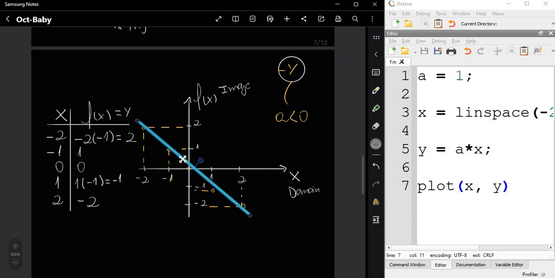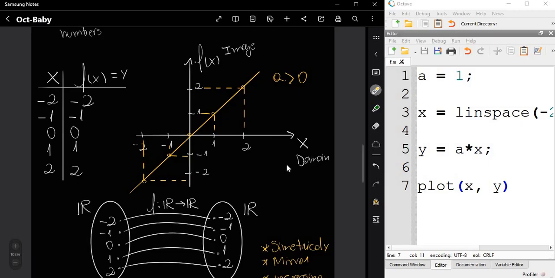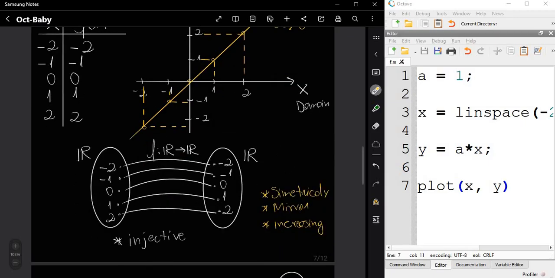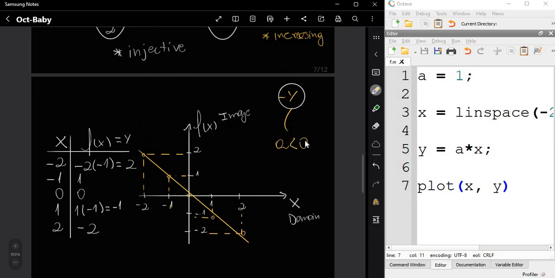Okay, now we get this curve, which is decreasing. The slope of the curve is negative. Right here, the slope of the curve is positive, a positive slope. And right here, the slope is negative.